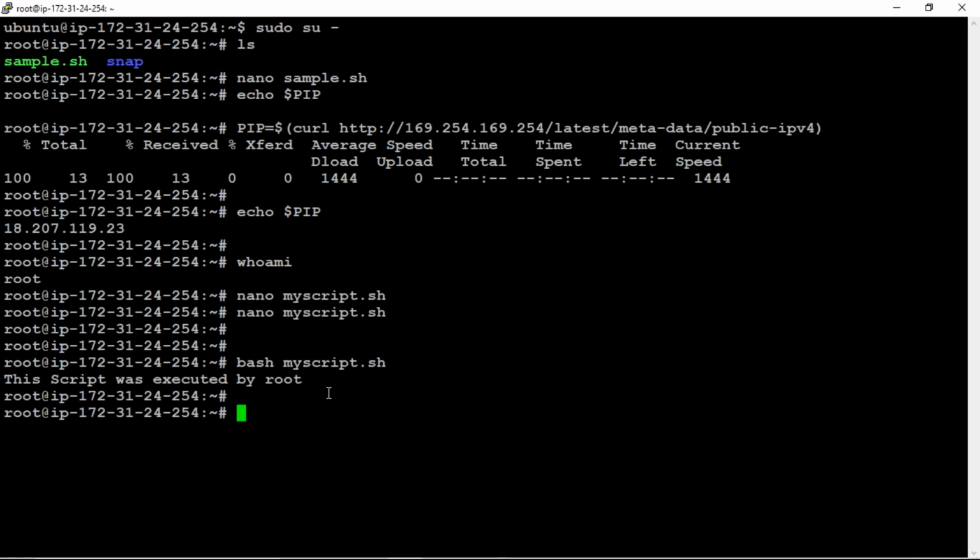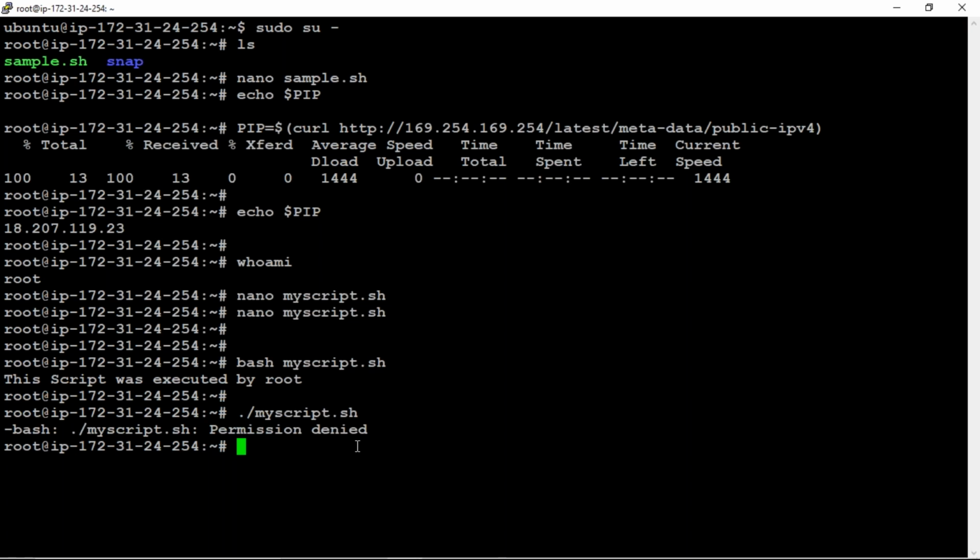So you can use that ./myscript.sh also. So what is it asking for? So did you observe the difference? If you are using bash here, it is directly executing without any permission, without execute permissions. But if you use the ./ it is asking for permissions. So when we use bash, it will be directly executed. When we use ./ it is getting an error because of permission denied.